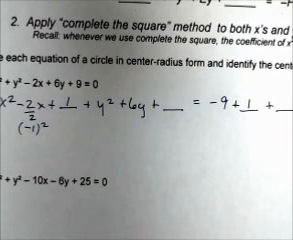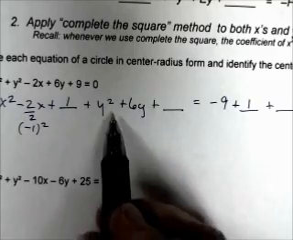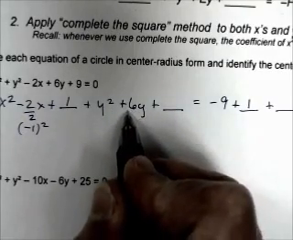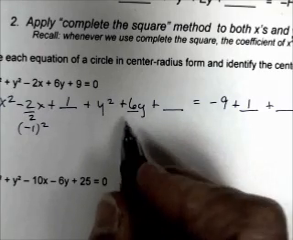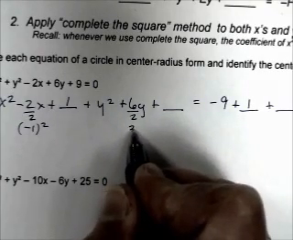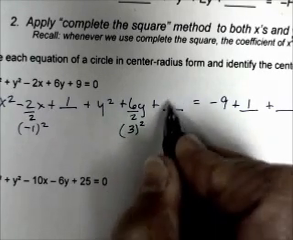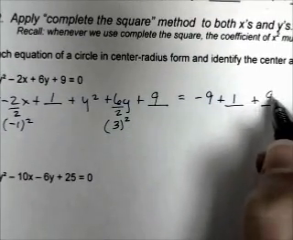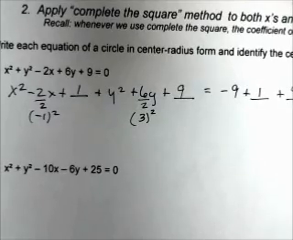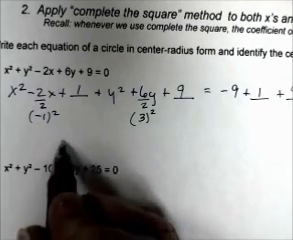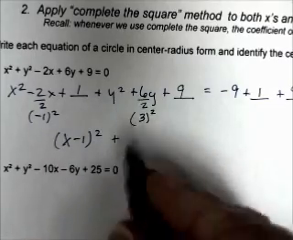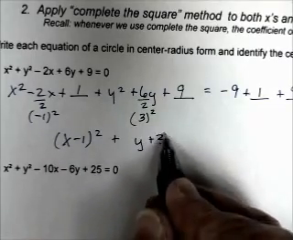Next, go to our y squared plus 6y plus blank. Take the linear term, take the coefficient 6, divide it by 2, that's 3, square it, that's 9. So we add 9 to both sides. Now, we form this into the trinomial x minus 1 squared, and this into the trinomial y plus 3 squared,